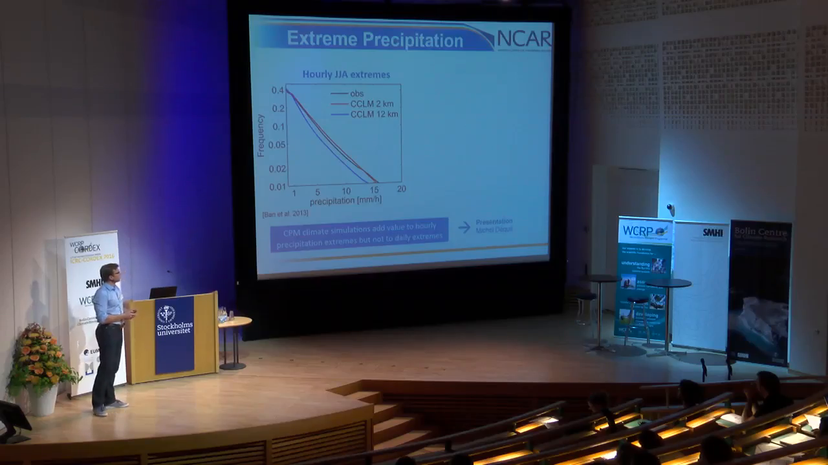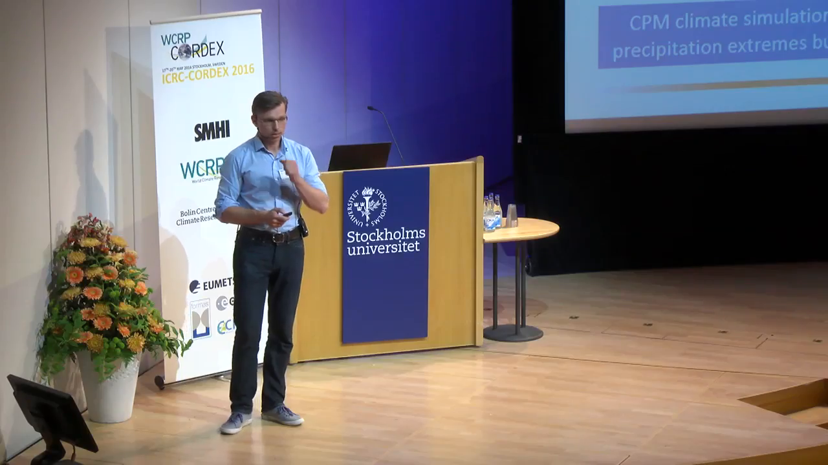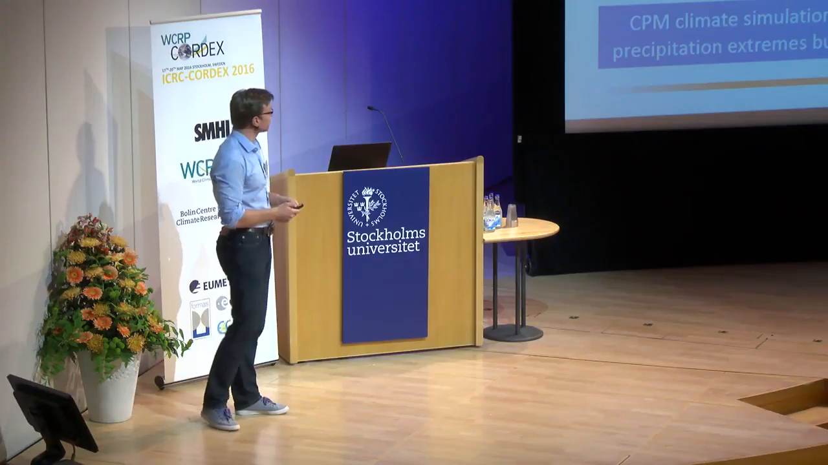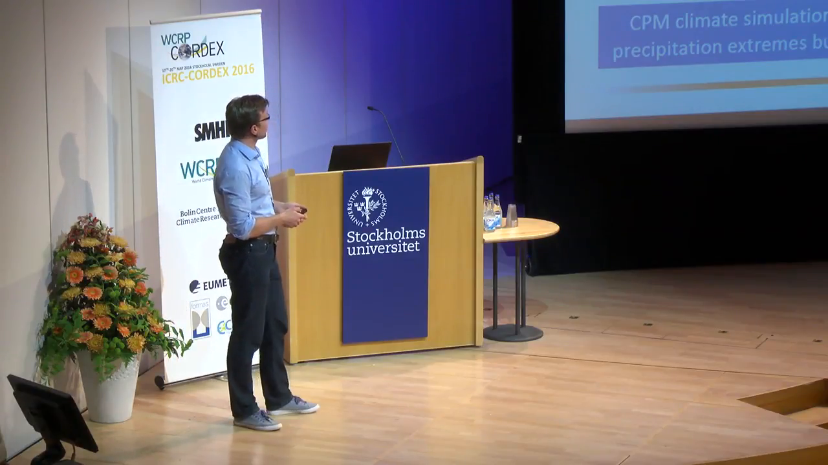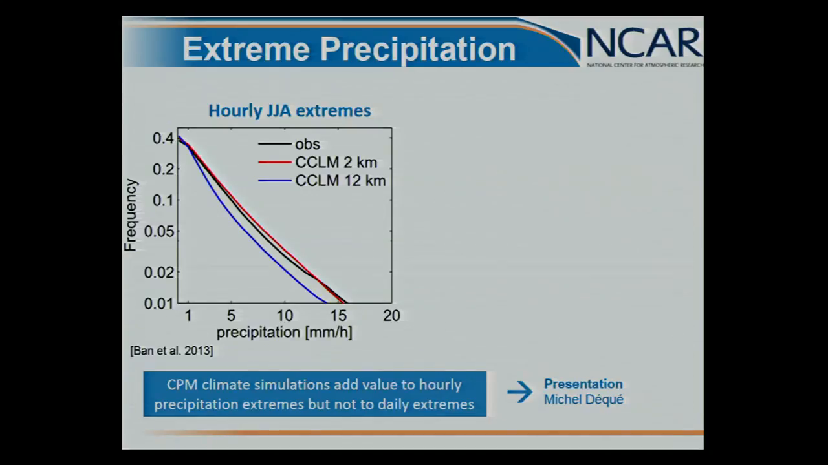Another area where people found added value is extreme precipitation. There's a nice paper from Nikolina Ban et al. from 2013, where they did 2-kilometer convection-permitting simulations over the Swiss Alps. What they found was that their convection-permitting simulation was nicely reproducing their observations. So the frequency and intensity were nicely reproduced, whereas the 12-kilometer simulation underestimated the intensity and frequency, especially